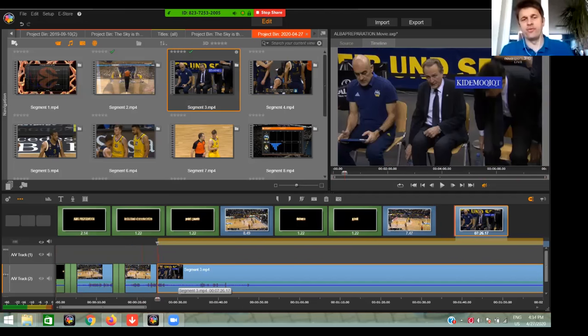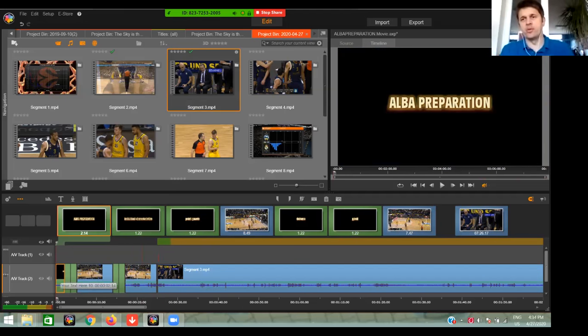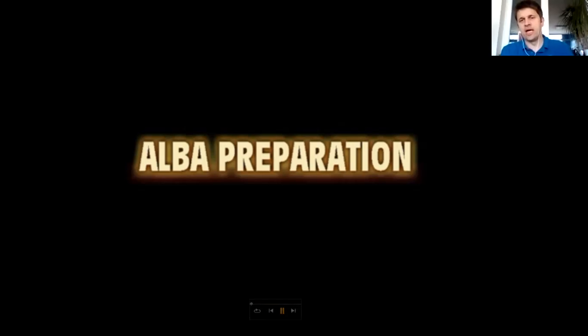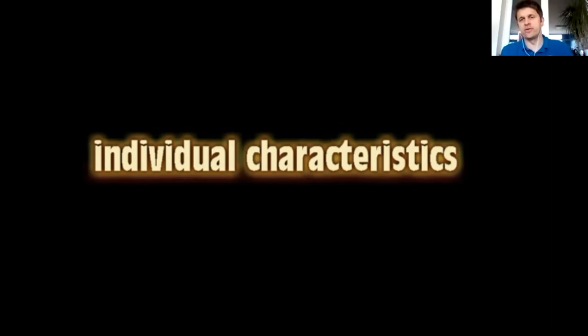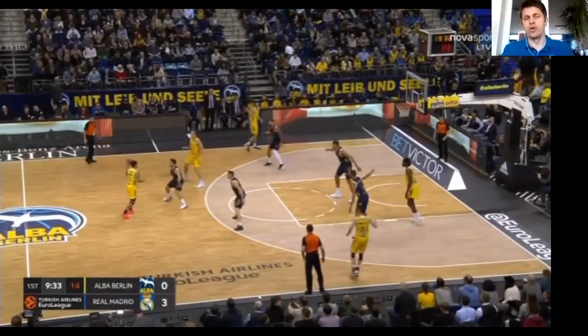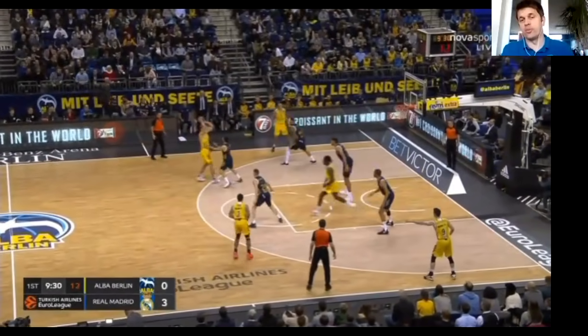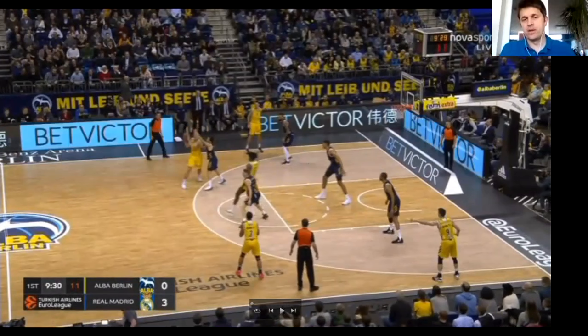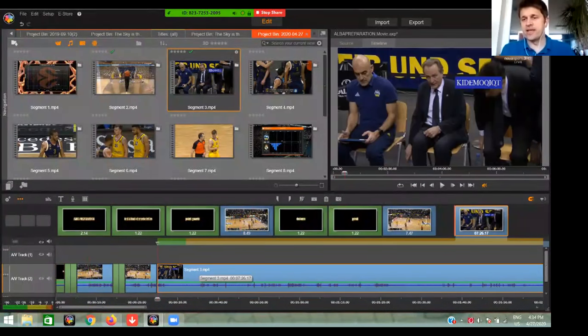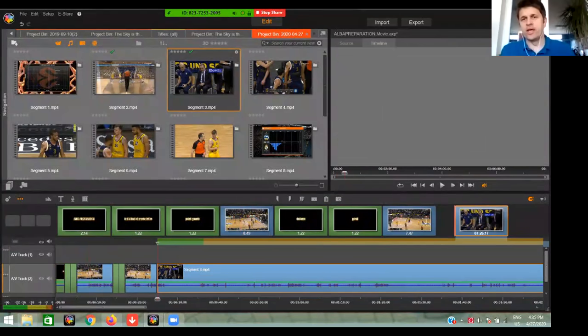Here now to review, we have this part here that we prepared. Later on, we're going to present it. It's going to look like this. Alba preparation, 3-4 seconds, individual characteristics, point guards, and we're going to go with Payton Siva. We're going to talk more about these slides. So this is first. Now putting that aside, we go back to the second quarter,